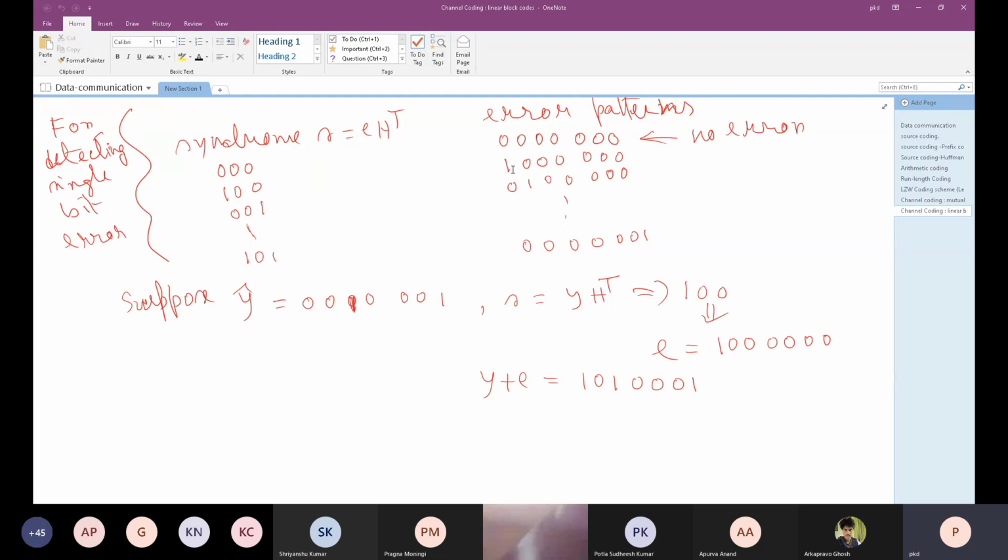So if this error has occurred, that syndrome will be invoked, and then we will see here that in y hat this bit position has changed and an error has occurred. So then S will be y H transpose. So that is closest to 100. So that is this syndrome. Then corresponding to this, our stored error pattern in the table is this one with non-zeros, and that will be